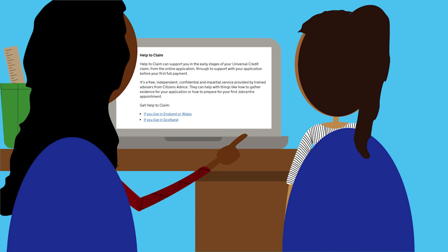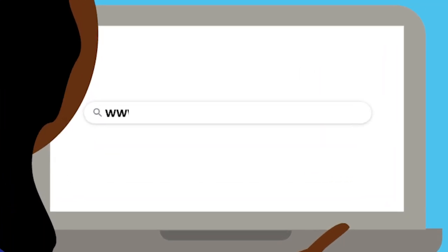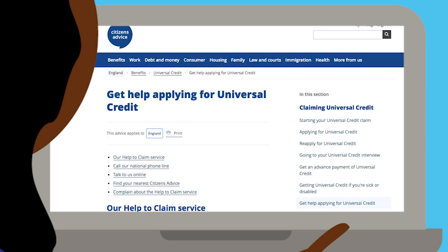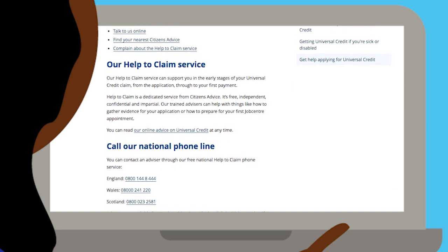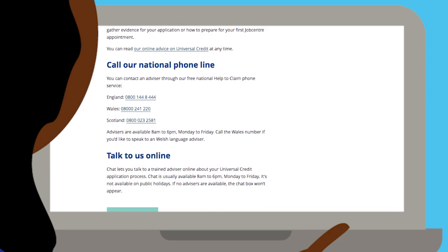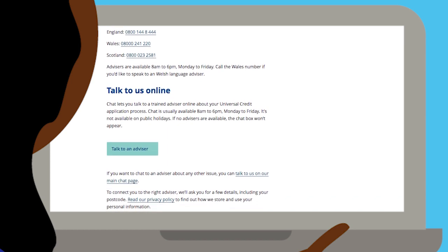You can signpost your tenant to the Citizens Advice Help to Claim service by going to www.citizensadvice.org.uk/helptoclaim. The Help to Claim service offers tailored practical support to help people make a universal credit claim up to receiving their first full correct payment. It's available online, through web chat, via a free phone number and face-to-face at local Citizens Advice offices. More information about receiving help making a claim can be found in the How to Claim Universal Credit Step-by-Step Guide